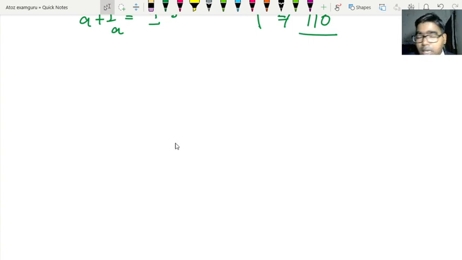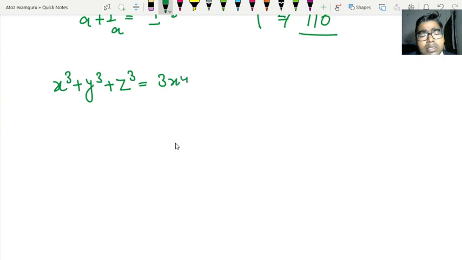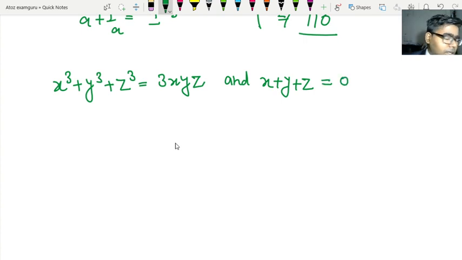The question is x cube plus y cube plus z cube equal to 3xyz, and x plus y plus z equal to 0, right friends? Then find the value of